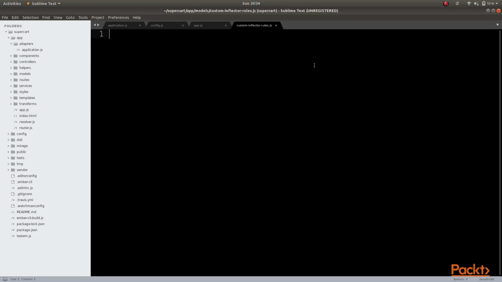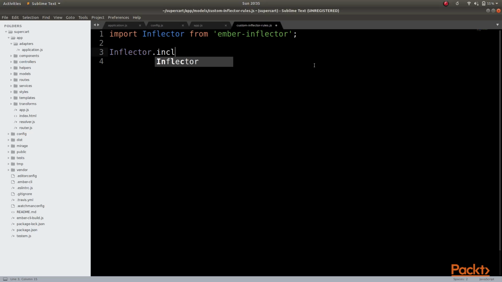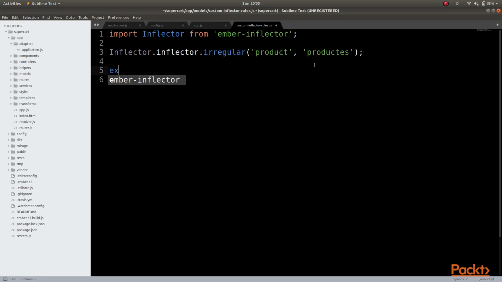and then inside custom-inflector-rules we can import inflector from ember-inflector, and then we could define our irregular verbs. That would be inflector.inflector.irregular, and then we would have product and the irregular product plural with an E. And lastly, we export default